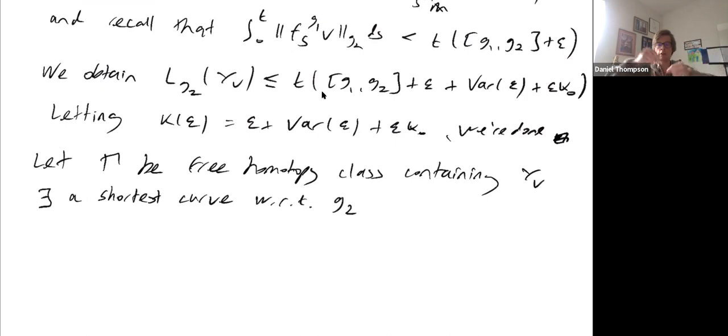So you can think about the homotopy class as parameterizing some journey through some of the holes in your two-hole torus or whatever. And you could think about putting a piece of string through that path and tying it up, and then pull it as tight as you possibly can. And the shortest thing you can possibly make it, well, it achieves the minimum, and that's your closed geodesic, okay? And that's exactly what we're going to do. I've got this curve in this homotopy class, but I'm now going to pull it tight to make it the shortest one, or I'm going to compare it with the shortest one,